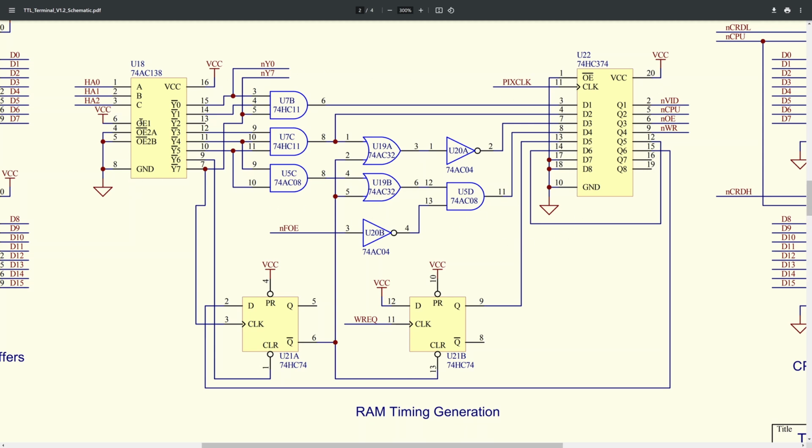Now over on the left, we have the horizontal counts coming in. We have bits 0, 1 and 2 of the horizontal counts. And then we have this 138 chip, which is decoding our different stages. We have 8 different stages. Then we have some logic gates. There's 1, 2, 3, 4, 5, 6, 7, 8 different logic gates here. These are setting up all of our 4 signals, and then finally those signals get fed into this 374. It's just a latch, but the purpose of this is to